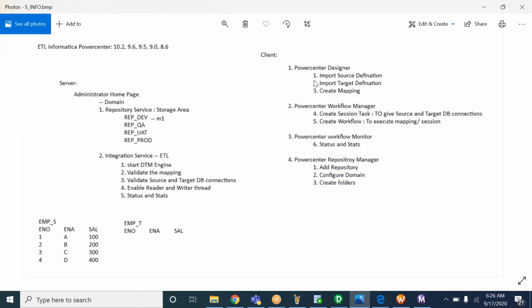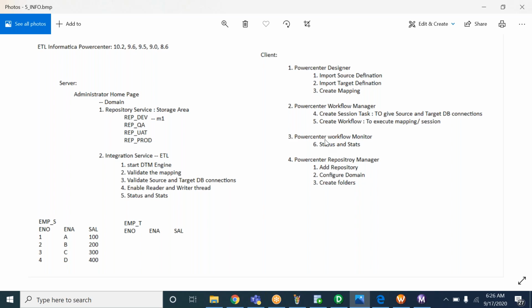Otherwise, not required. 99% of the time we will be working in the first three tools only. This is only for the first time. No need to use the repository manager tool again and again.